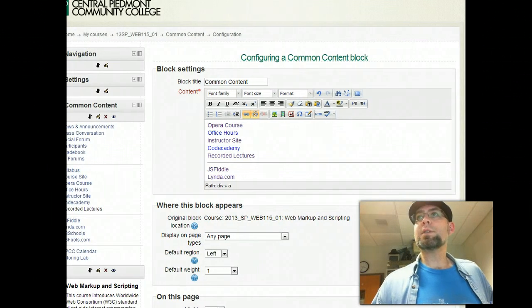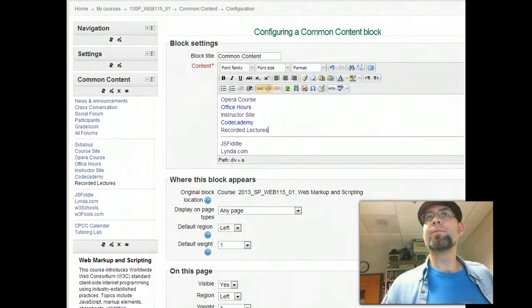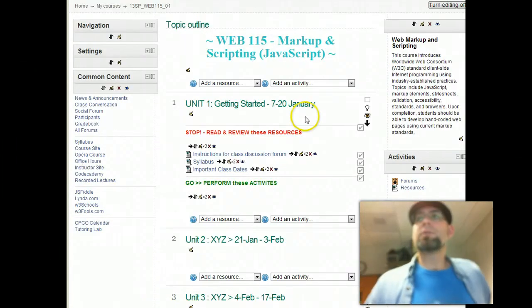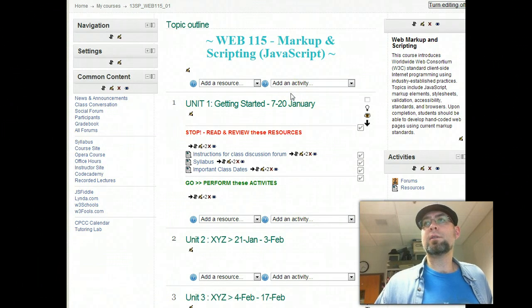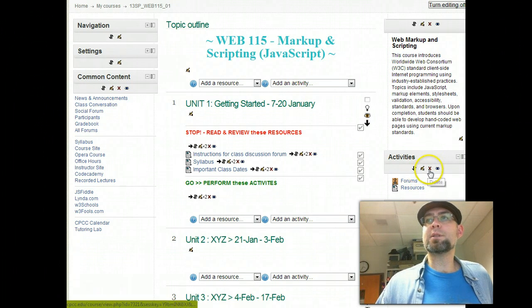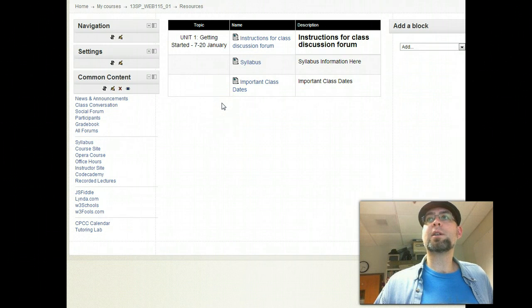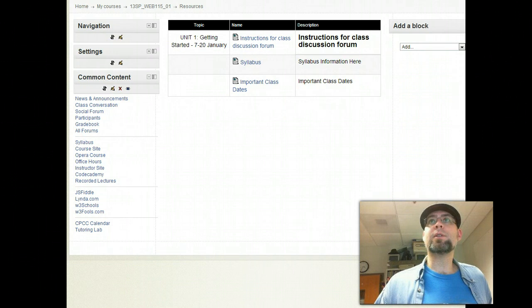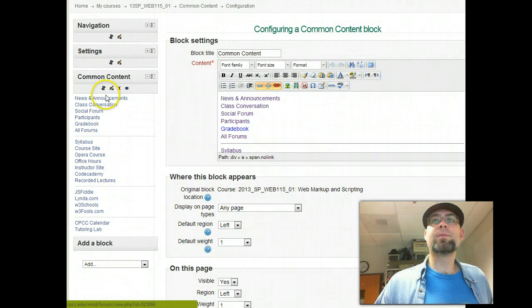So let's see, are there any obvious things I've missed now? We'll go ahead and save that. And so when I copy this course, let's go ahead and I'm going to stop this and do one more to show which blocks and things I like. I'm going to delete the activities because I've already got a forums link over here under all forums, and so I don't see the need there. When you click resources, notice it links to all the pages and things I've got. I could see adding one there, and that would put them all in one place, so I'll go ahead and do that. I'm going to copy the URL from there, come over to all forums,